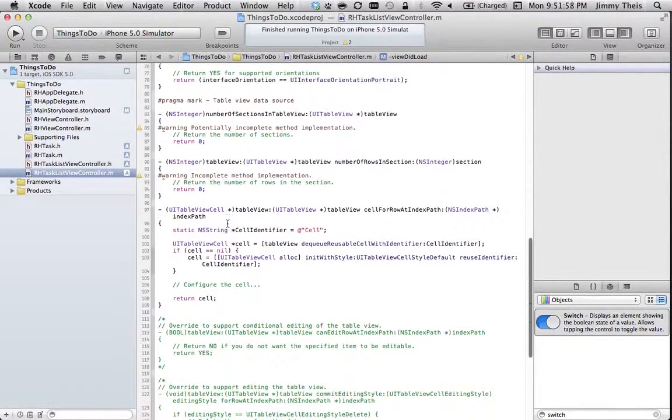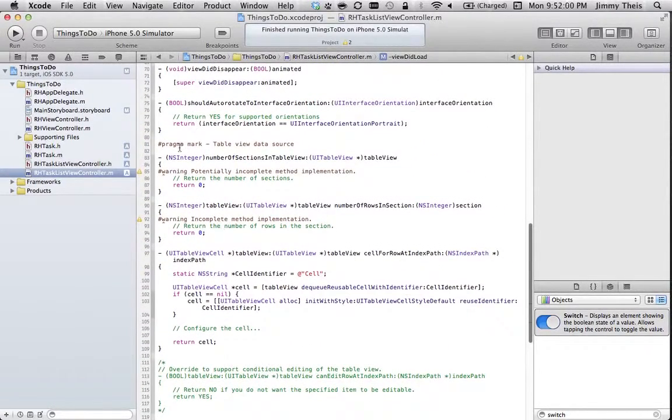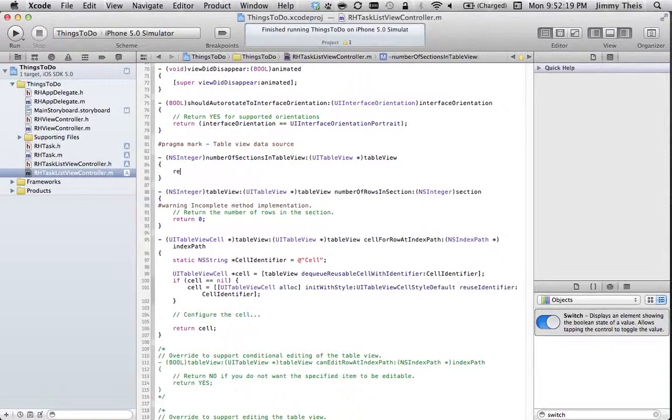Now let's actually talk about how we're going to do these table view methods. So you can see here they've made a mark for table view data source. So this is the stuff that actually defines where the table gets its data. So this method we have to implement, number of sections in table view. Well, honestly, everything's always in the same section, so this is always 1 no matter what. So that's a very easy one to implement. Return